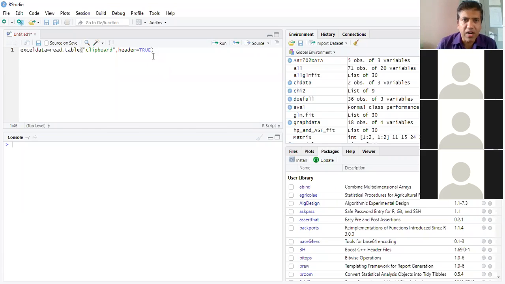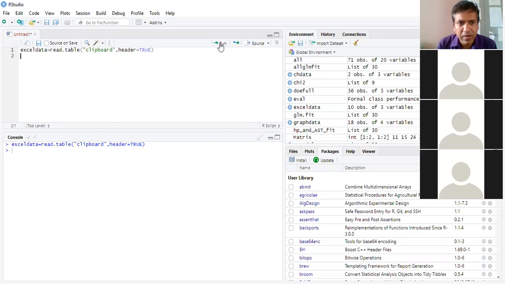This is a command which I wrote in the script. I just place my cursor anywhere in the command line and click run. If I click run, you can see in the console, it has been executed.